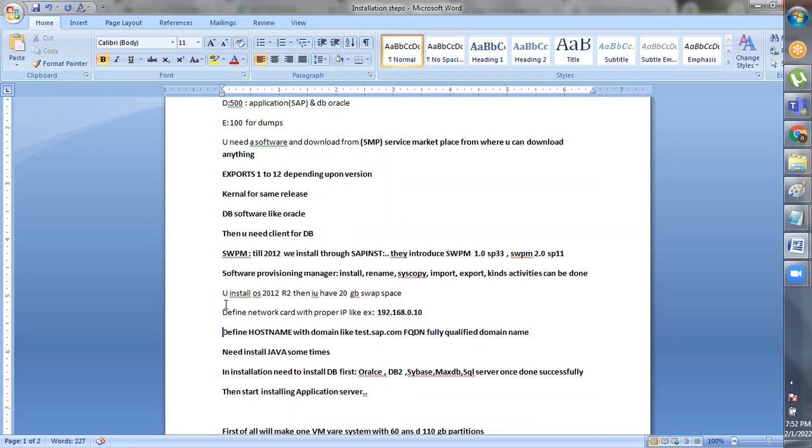After that, once you define your IP address, you have to define the host name and domain name, like test.sap.com. That is a fully qualified domain name.